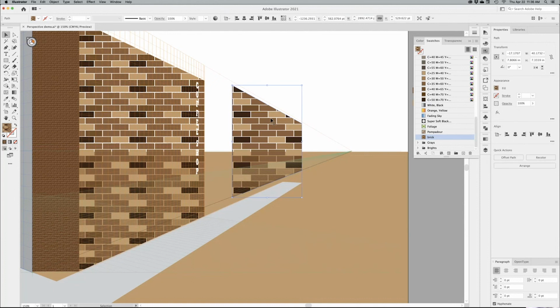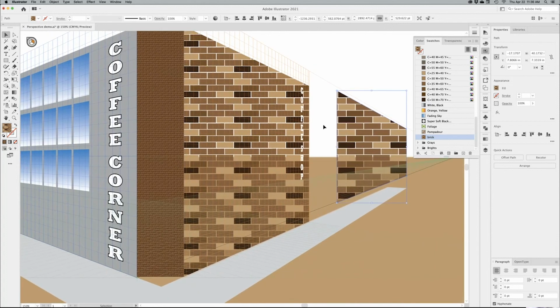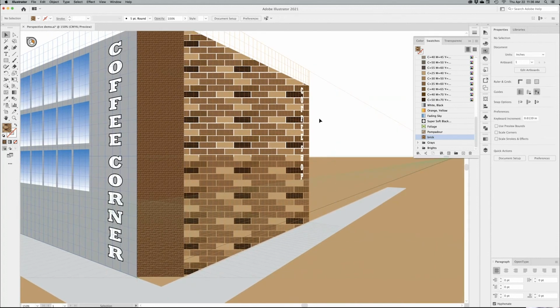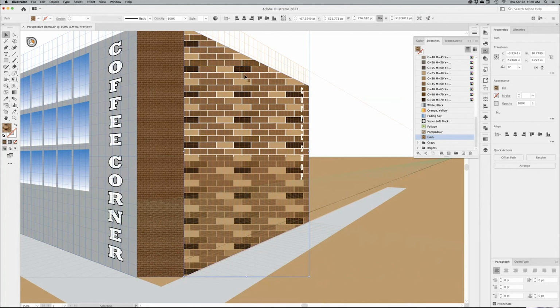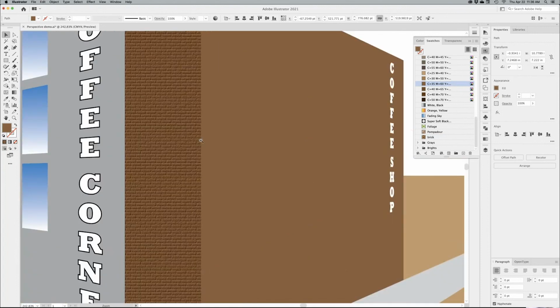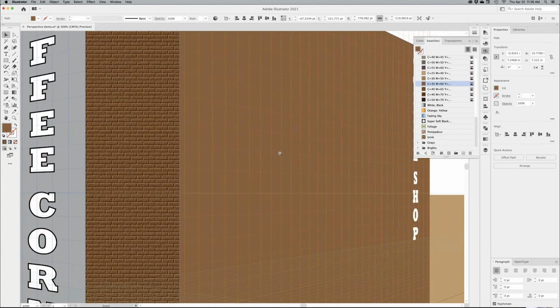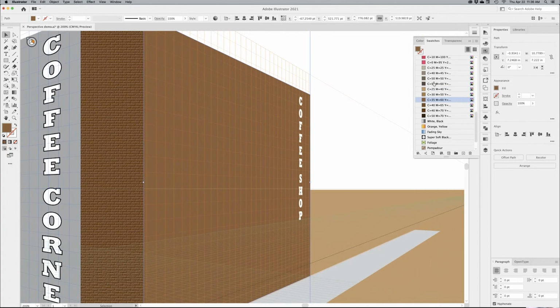So there it is. There's the limitation of your perspective tool and your perspective grid: patterns as well as textures do not follow the perspective. So on something like this, instead of using a pattern or texture that has a grid pattern like this brick,